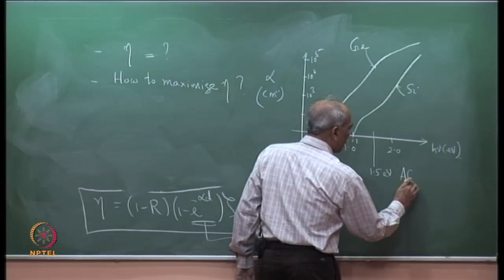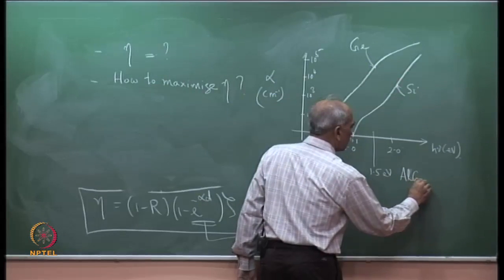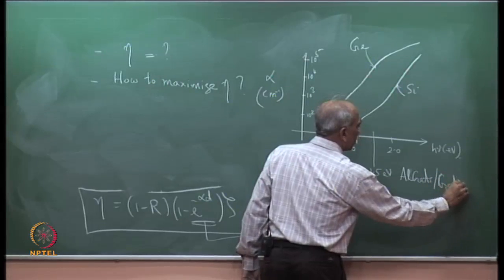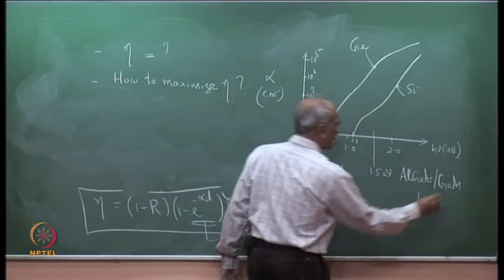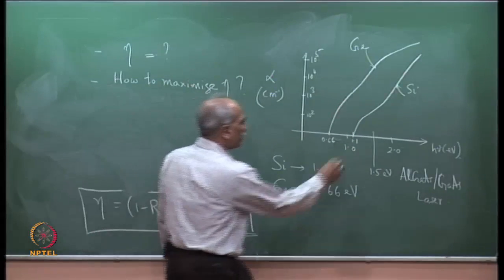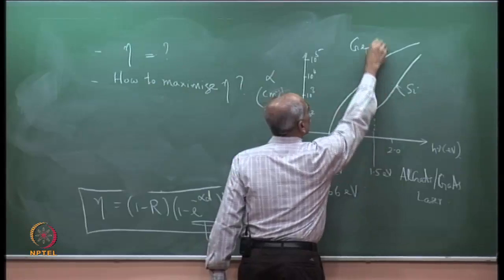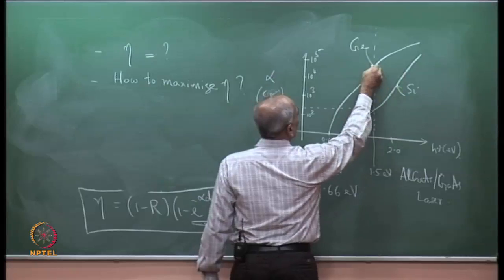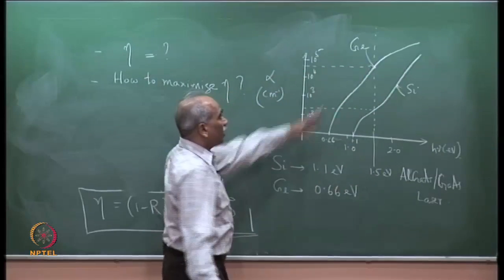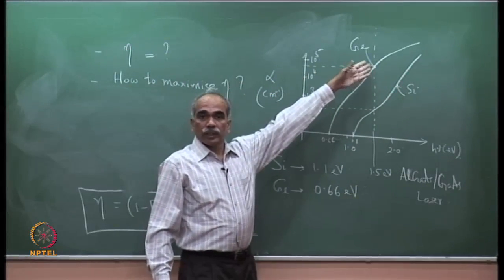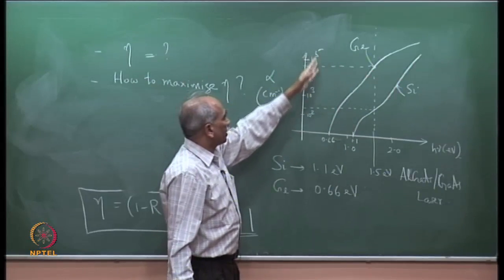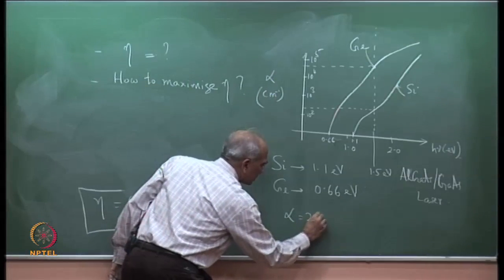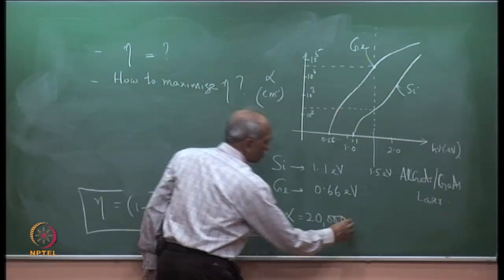AlGaAs lasers, so aluminum gallium arsenide, so a gallium arsenide laser emitting at h nu of 1.5 eV. Then you can see that at this value, the absorption coefficients, these are approximate numbers, are as follows. Germanium has a very large absorption coefficient, of the order of 10 to the power of 4 to 10 to the power of 5. So, approximately for germanium alpha is equal to, let us say, 20,000 centimeter inverse,